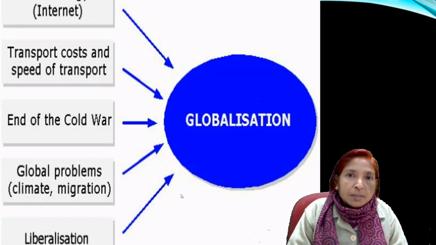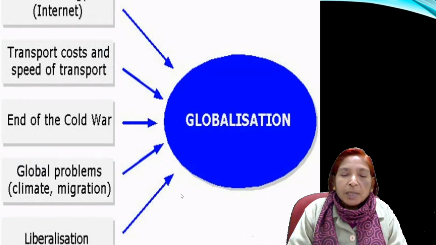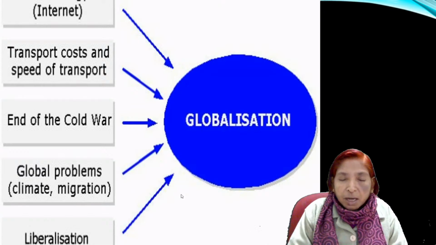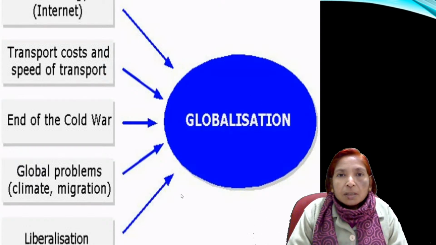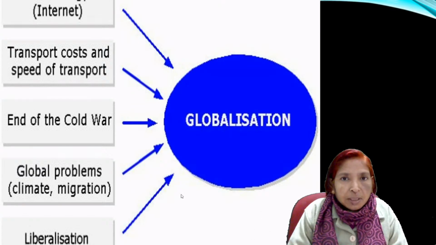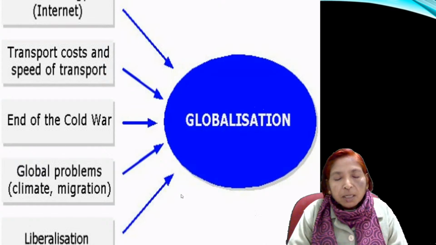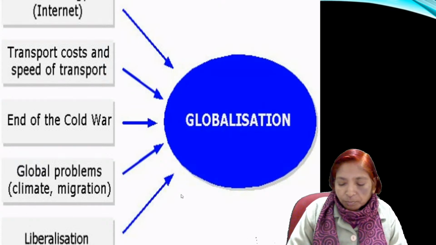Global problems, like climate and migration, are from which most of the countries are suffering. To find the solution to these global problems, we have to find the solution globally, not at a particular or any individual country level. And liberalization means to open up the economy for the rest of the world. That is, all these things are included in globalization. Now next is,